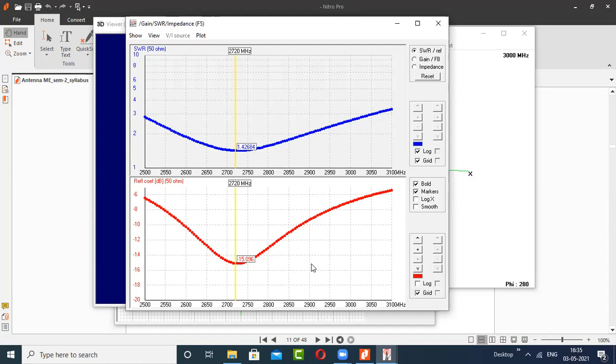Okay. One more thing you do, because I forgot to mention that along with the resonant frequency, you're measuring resonant frequency as the center frequency, right? Where you're getting largest negative value of the reflection coefficient, right? So please note down the reflection coefficient in dB also. Like in earlier case, it was minus 15 point something, but in this case, the reflection coefficient is almost minus 15.1. So please note down the reflection coefficient also in dB. Okay. We have to make one more column for that. You add one more column.